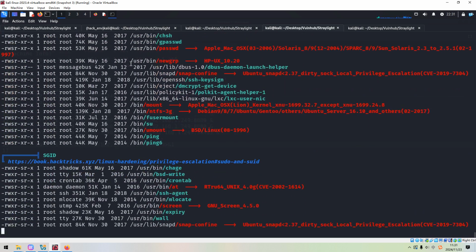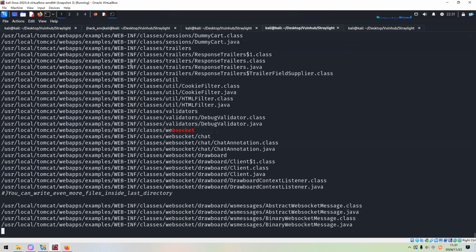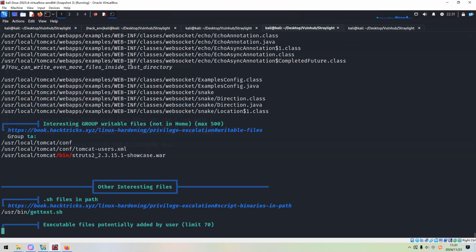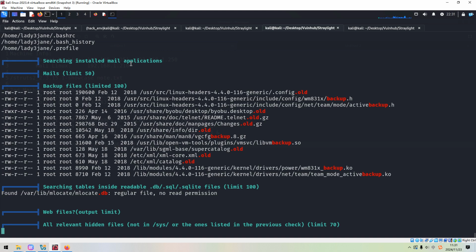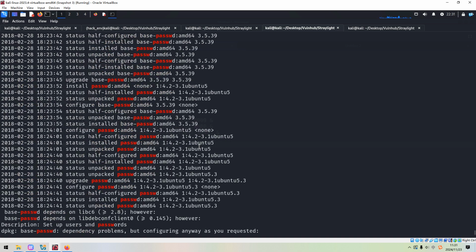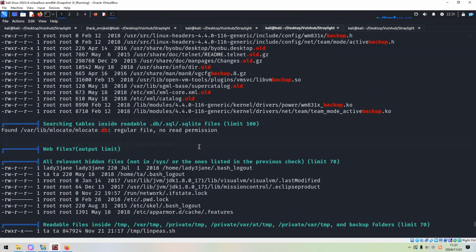Oh, the current user is a member of the group LXD. Maybe we need to check whether we can exploit the LXD membership. But before we do that, I need to check whether we can find other ways or vectors. Okay?